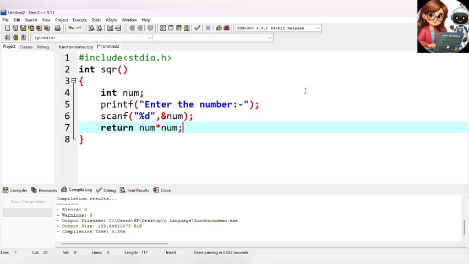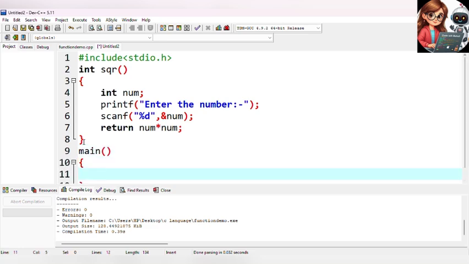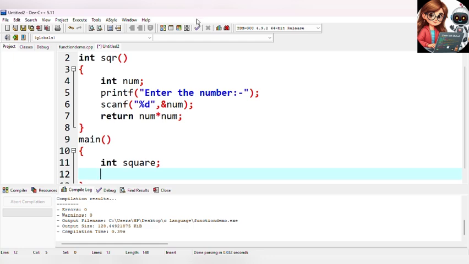Now we are going to write the main part. Main, int, open it, declare int square. Okay, so now in square we are going to write square is equal to this square.